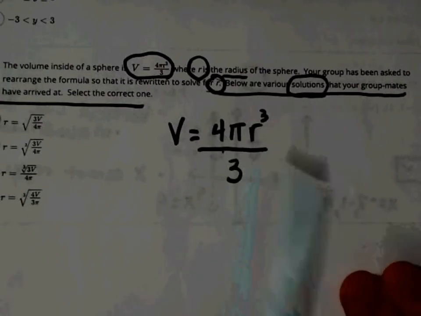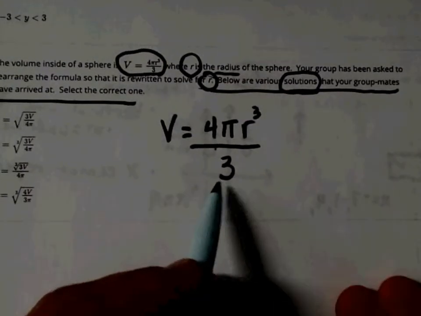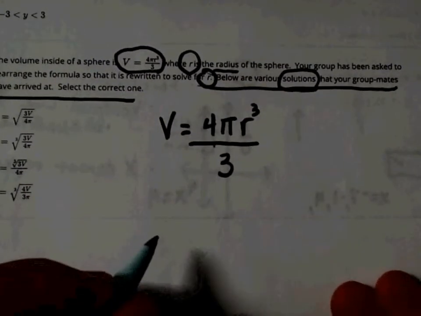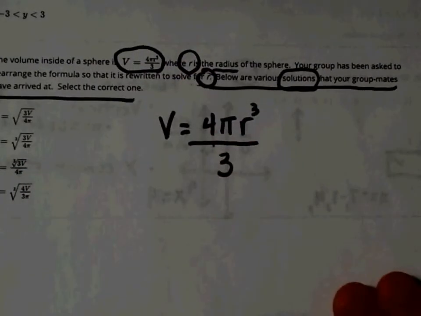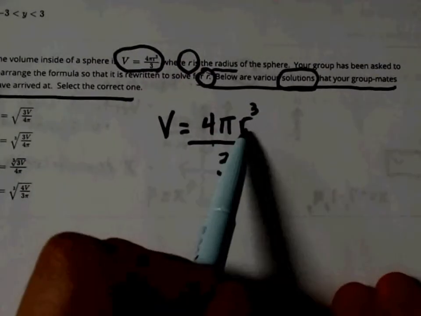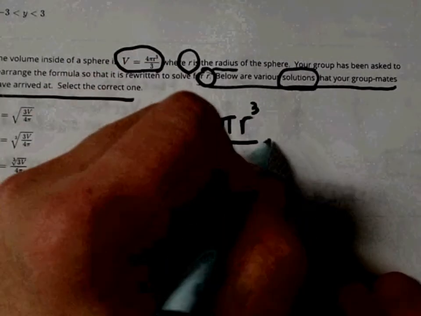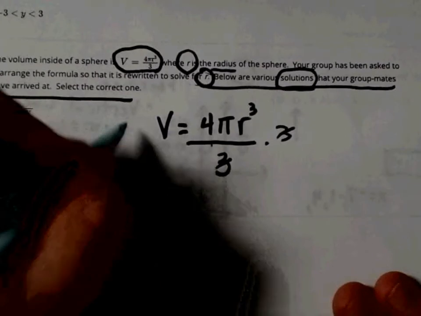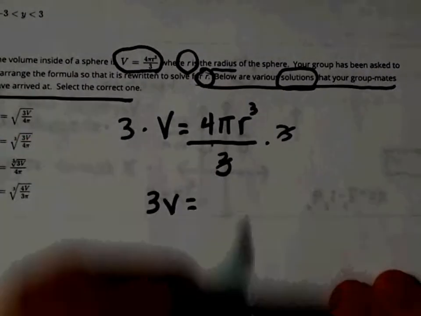The first thing that's on there is this is a fraction. I don't want to deal with fractions, so how do I undo this fraction? Now, this is an order of operations problem. Okay, just a second. We're going to multiply by 3, but this is an order of operations problem because what I'm trying to do is get this by itself. So I'm going to get the 3 off of there by multiplying. So that gives me 3v equal to